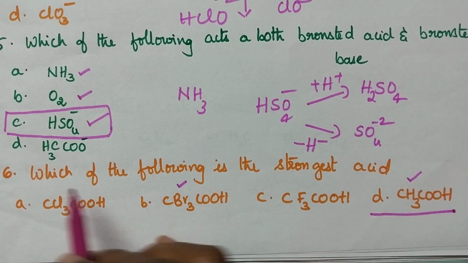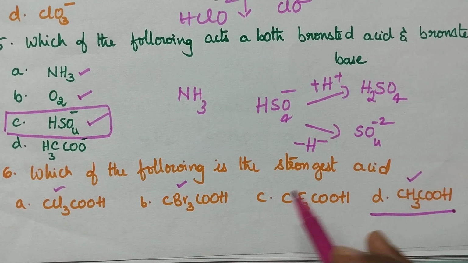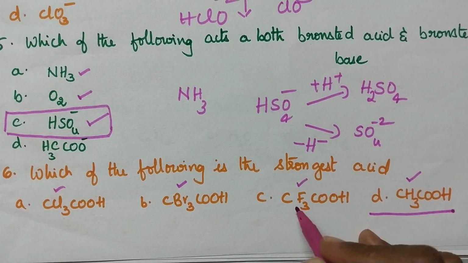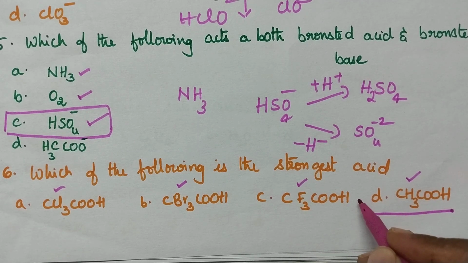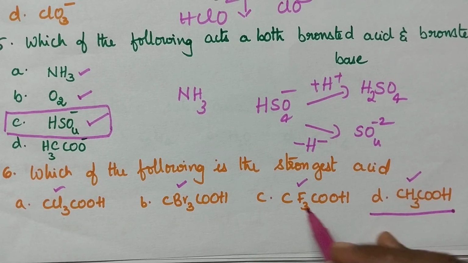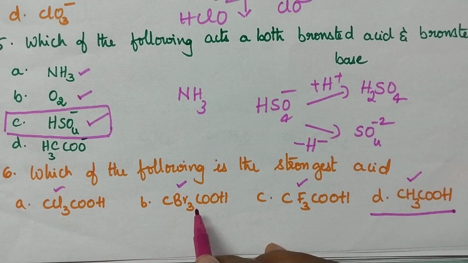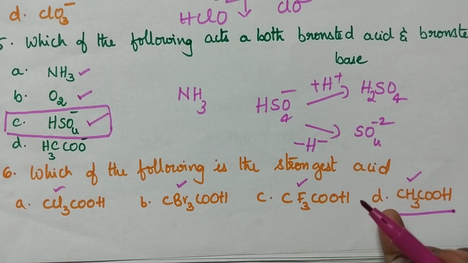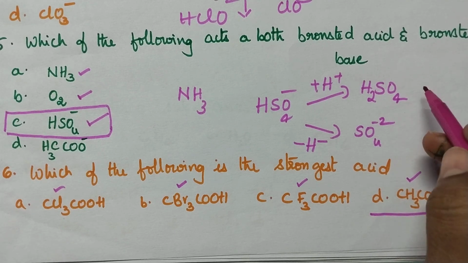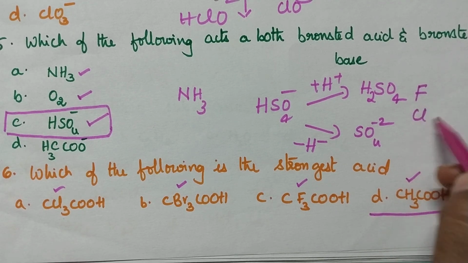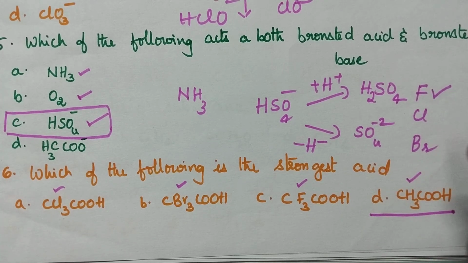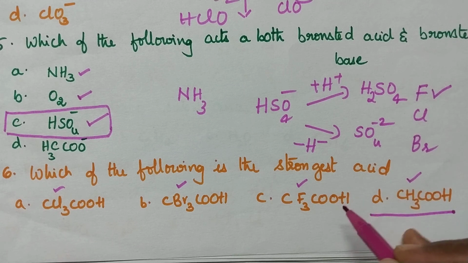These halogens are highly electron accepting groups. They are highly electronegative, and hence they increase the acidic nature of the acid. Here 3 halogens are present, and we have to identify which one is highly electronegative. In the 3 given halogens, undoubtedly the fluoro group is highly electronegative, and hence this